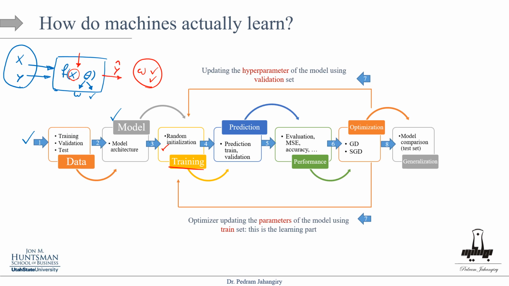So we make predictions in a train set and validation set. And at this stage, we don't make prediction on the test set yet. It's too soon, right? Because we haven't optimized the model yet. So then we have these predictions, we have the actuals. With predictions and actual, we are going to look at some performance metrics, right? So for example, we look at MSE in regression, we look at accuracy in classification, and etc. Right? So we now have a sense of what is the performance of the model in the train set, in